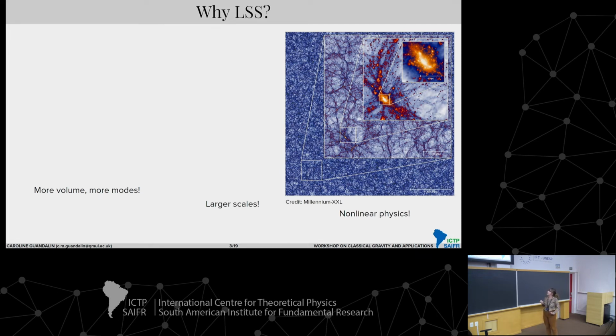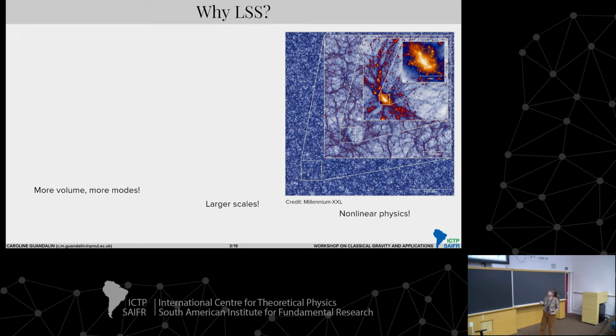And finally, with the large-scale structure, we can have a hint on nonlinear physics. We can go from a very smooth, initially almost Gaussian distribution, and as you turn on gravity, these structures, which were very close to a Gaussian field, start to collapse and form highly nonlinear structures. And this is not something that you can just discard. This is a very interesting thing because it will give us extra information about the distribution of dark matter on tons of scales, and also hints on the theory of gravity, for example.